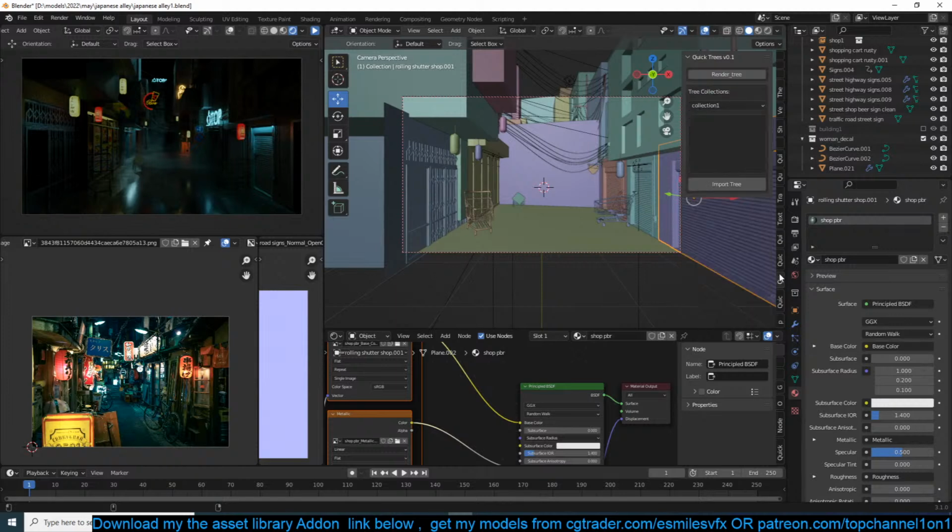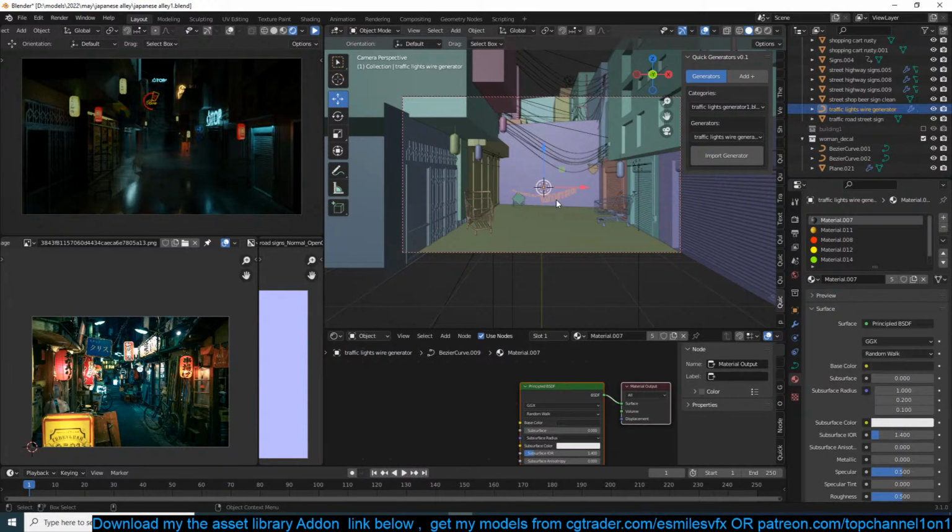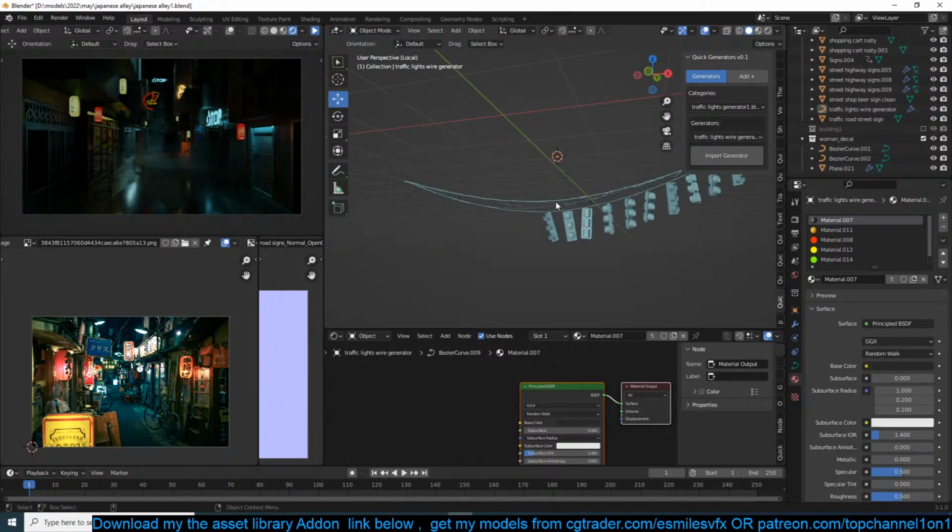Let me go back to my generators. I have other generators I could use. I have this traffic light generator, but I don't think it would work in an alley like this. There wouldn't be traffic lights. So this is it.